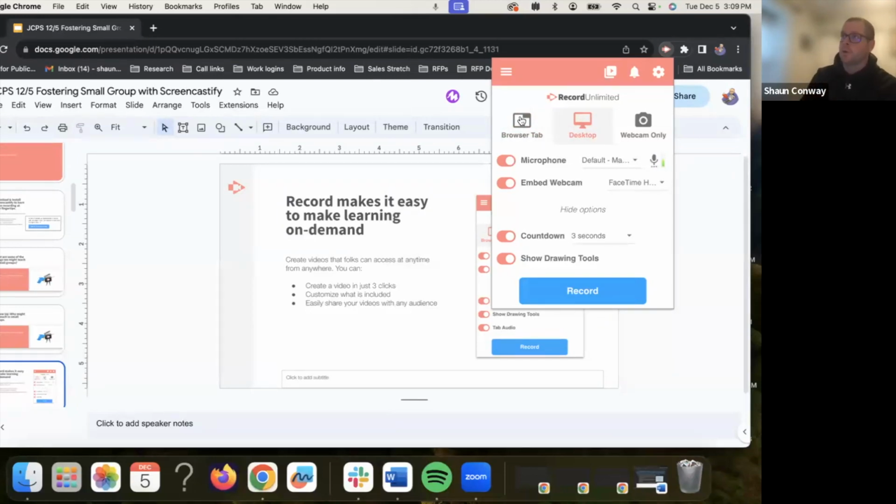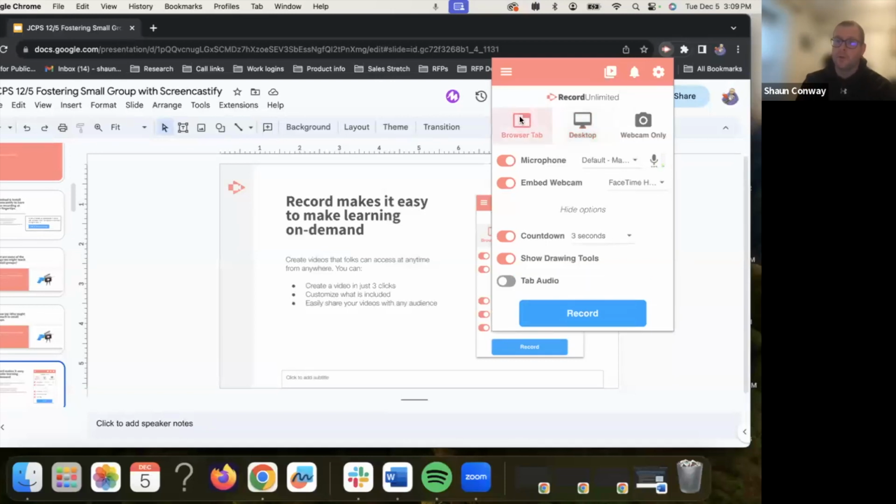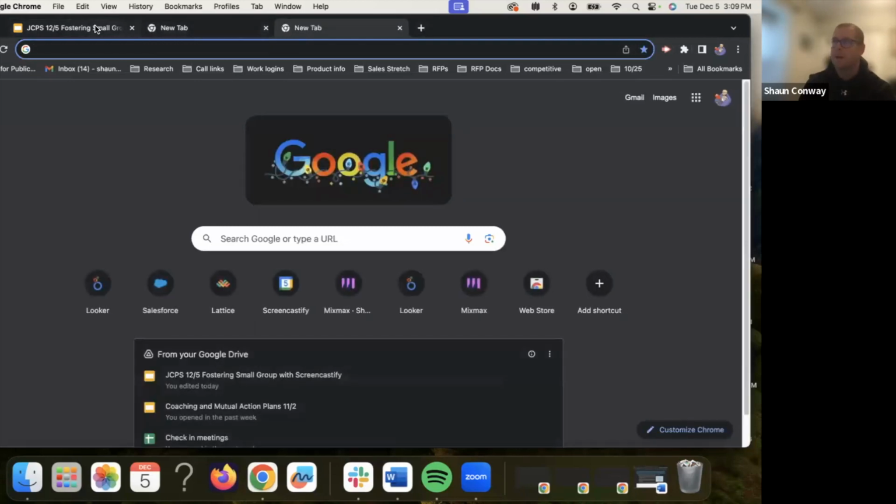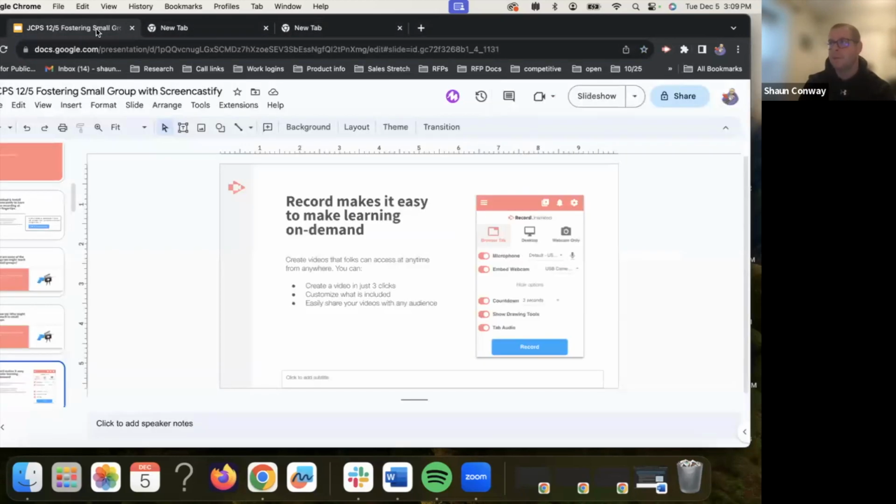If you want to record a YouTube video with audio, you would select browser tab and then make sure that tab audio is toggled on. This is going to allow the extension to be told to pick up the audio that is on that specific browser tab. But just as a note, if I click this, it is only going to record anything on this singular tab. If I happen to navigate to this or another tab, or if I minimize my screen, that would not be recorded. It would only be that singular tab.